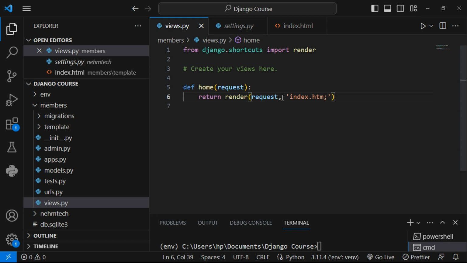Index.html. Should be .html like that. And then now, guys, I think everything is now okay with the views. Now, guys, once you have linked the views, then you need to go to the URLs,